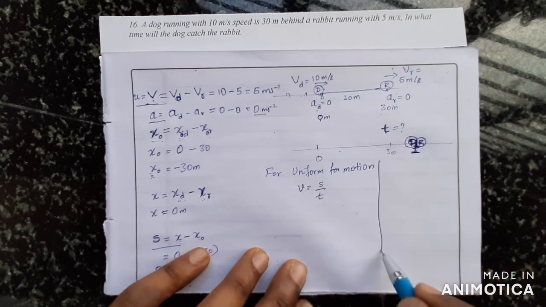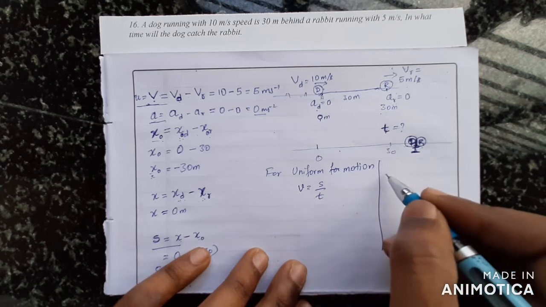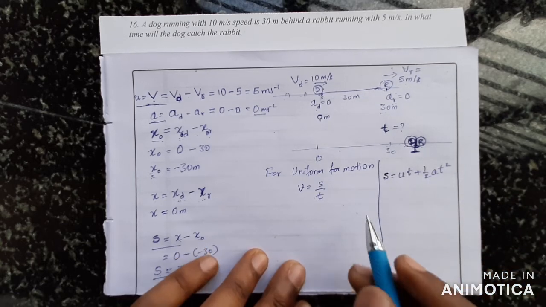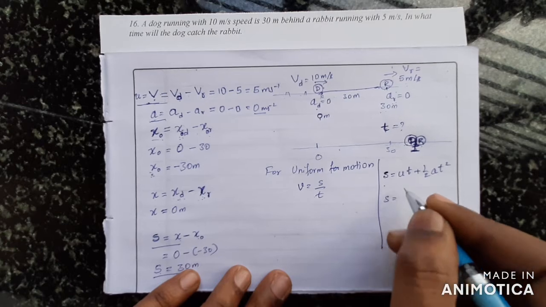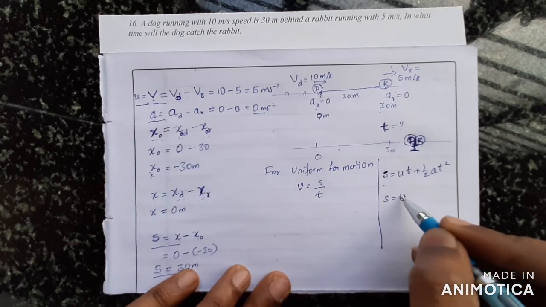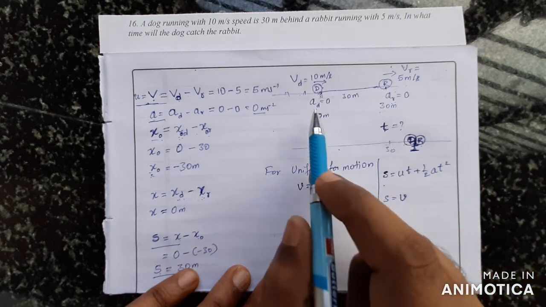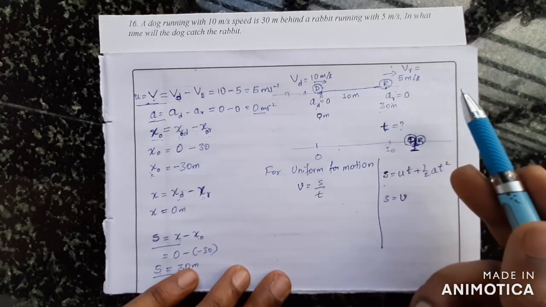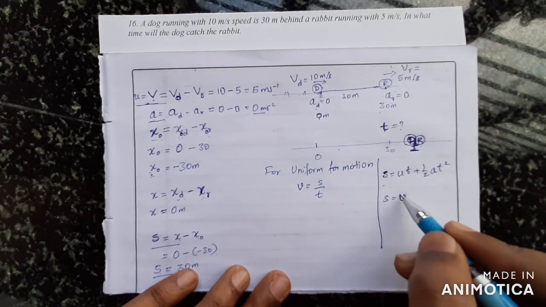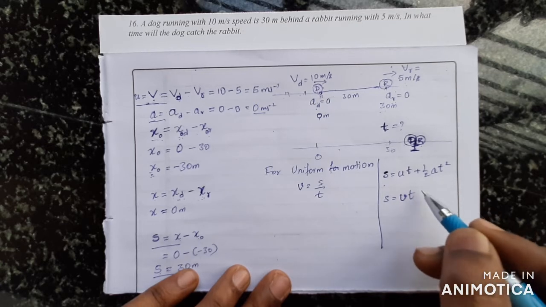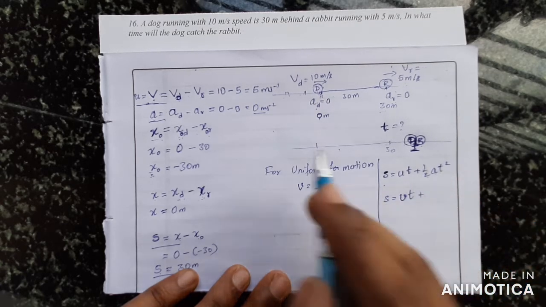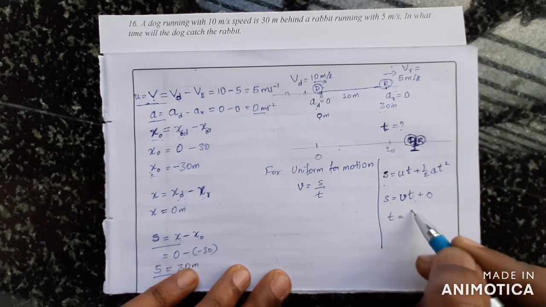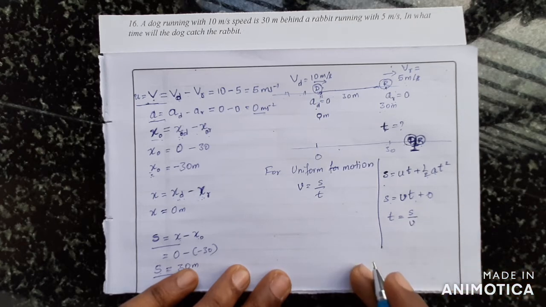This is one way to solve. The other way is, we know that s is equal to ut plus half a t squared. S we have is equal to u, which is nothing but v itself, because of constant relative velocity. Neither the speed of dog is increasing nor the speed of rabbit is increasing or decreasing. So it's constant. Vt plus half a, which is 0. So 0 into anything becomes 0. S is equal to Vt. So t becomes equal to S by V.